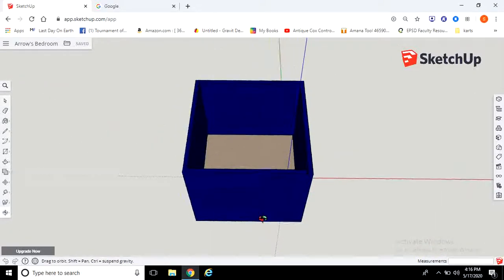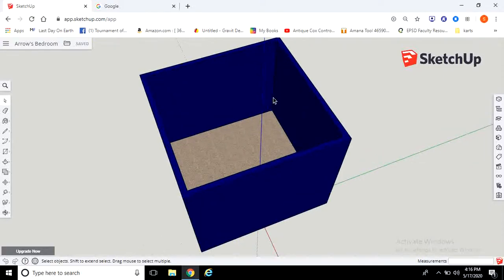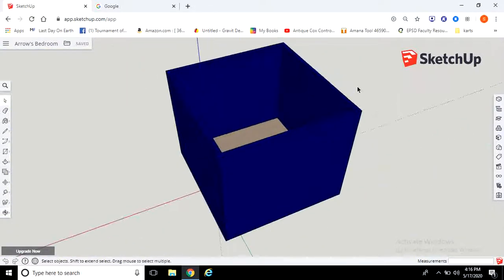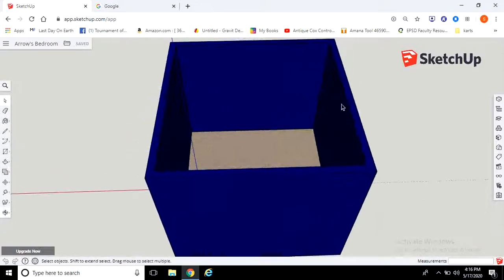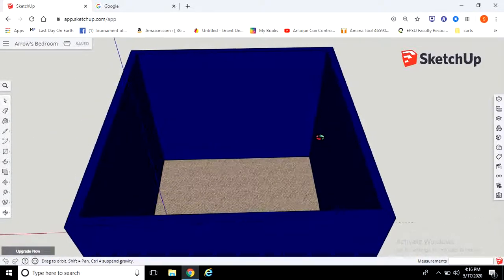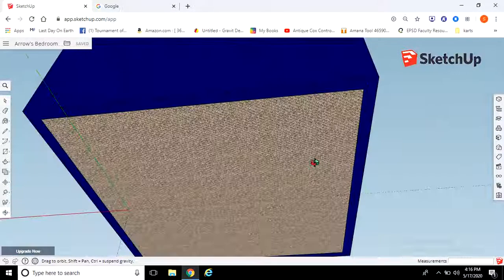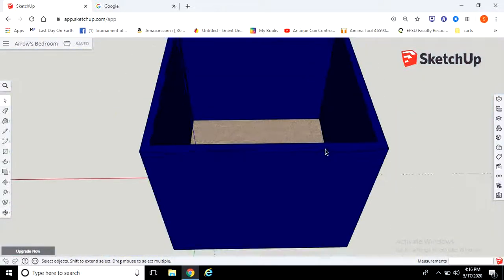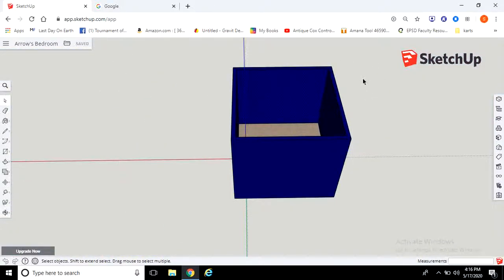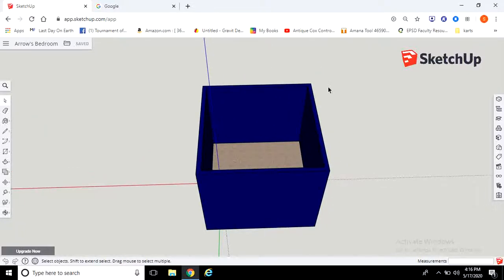So we need to start drawing some doors and maybe where some windows are, if you measured those out when you did your plan. If you didn't, you can measure them before we do this. But I will show you how to do that right now. So all the view tools are all the same. You guys did a great job of making your three-dimensional walls and everything. And now what we're going to do is go ahead